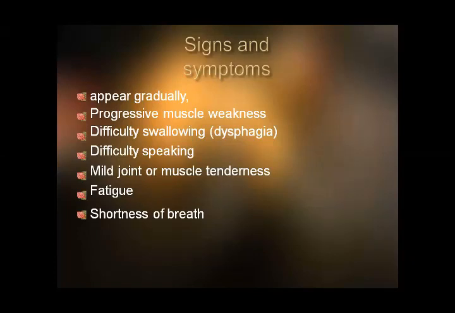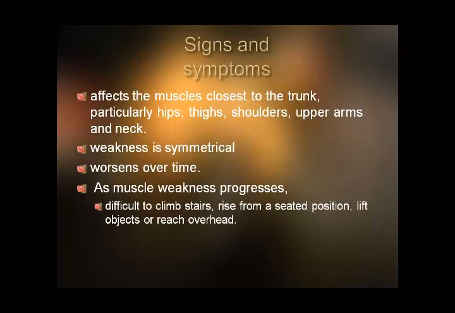Fatigability is very common because patients have chronic inflammation of the muscles leading to weakness, especially of the limb girdle muscles. They may have pulmonary involvement leading to interstitial lung disease and pulmonary fibrosis, with shortness of breath, initially on exertion, and then the patient may become dyspneic at rest and even oxygen dependent. The muscles commonly affected are the hip muscles, thighs, shoulders, upper arms, and the neck. Neck flexors are more commonly affected than extensors.